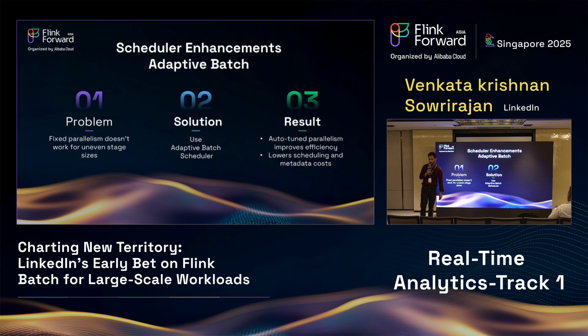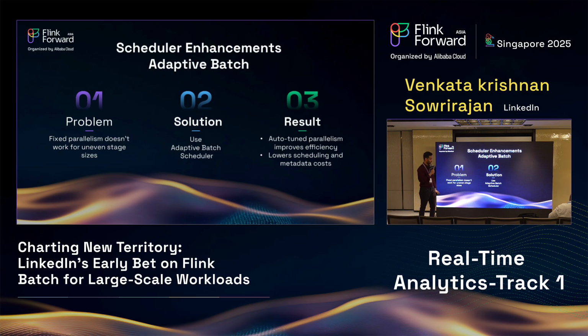In our POCs with adaptive batch, the job could automatically tune the parallelism for the intermediate vertices. This reduced the overall scheduling overhead, and also reduced the overall bookkeeping pressure on the job manager side itself,